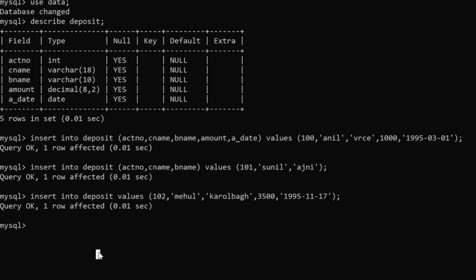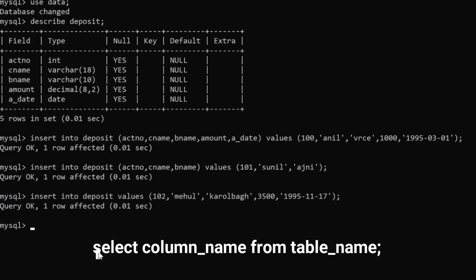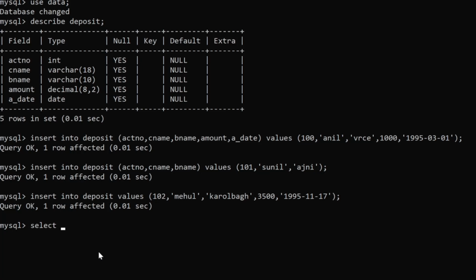So now if you have inserted your values in this table, but now you want to see how many values are there, for that we will use the select command which comes under the DQL command. I know it doesn't come under the DML command, but here I am including this topic so that you can see how to view the information of your table. For that we use the select command, and the syntax of it is select columns from the name of the table. So I will write select, the name of the columns which we want to see. Here I want to see the whole table, so I will write all the names of the columns.